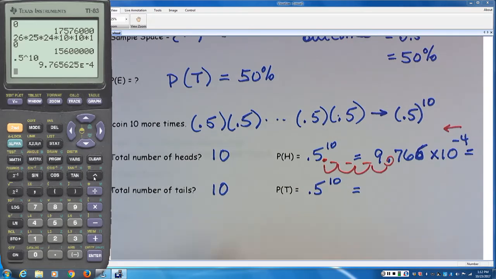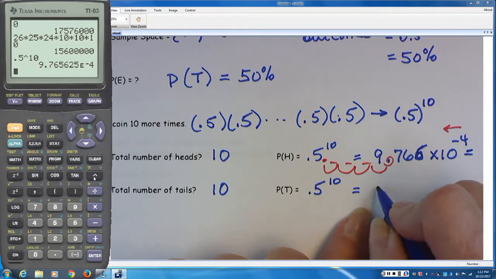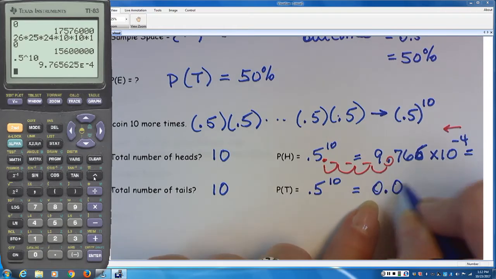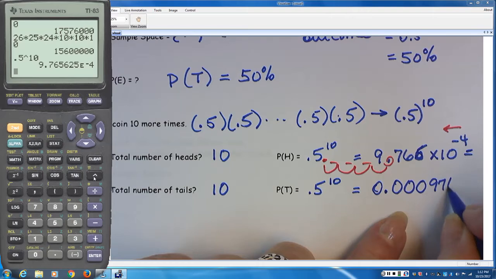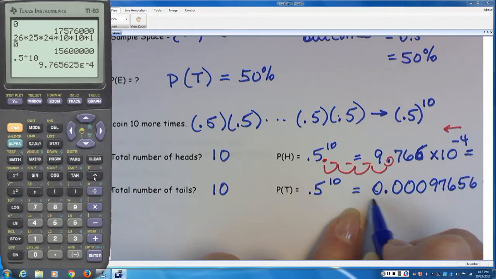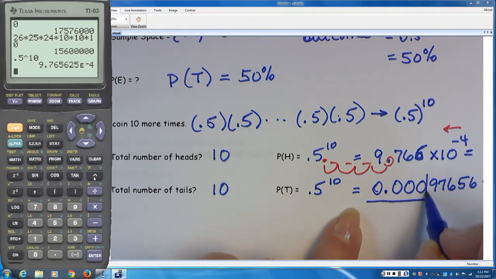So the correct answer for both of these would be 0.000097656, whatever. And if it tells you to round that off to 3 decimal places,